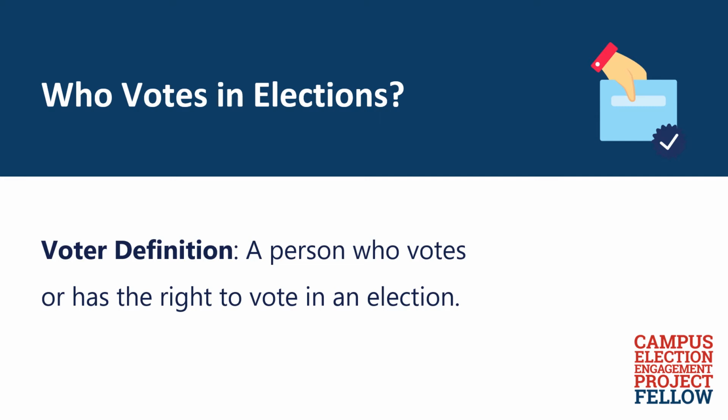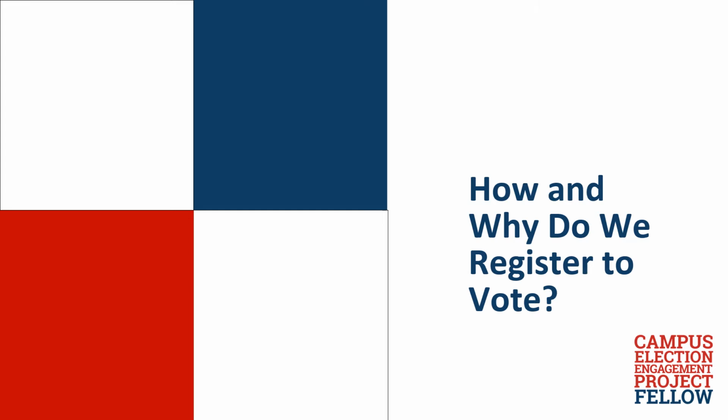The United States Constitution gives each House of Congress the power to be the judge of the elections, returns, and qualifications of its own members. Because of this, voter registration and pre-registration rules and ages are different in every state. Be sure to check your state's official voter registration page to find the most detailed and up-to-date information. Most states require voter registration prior to voting in an election in order to prevent ineligible people from voting.